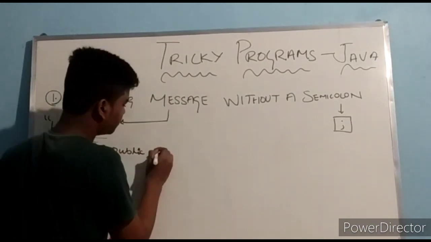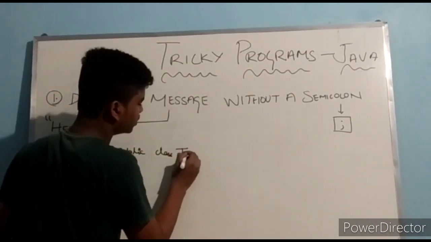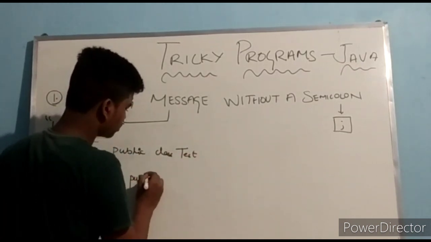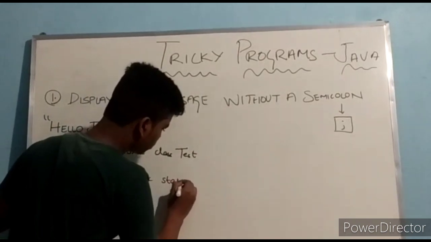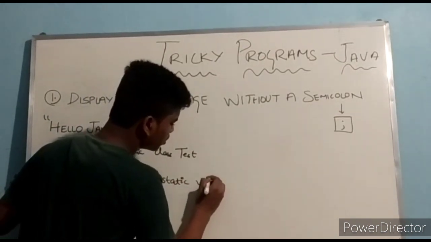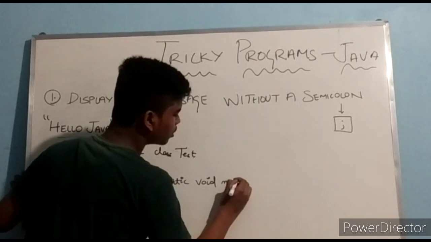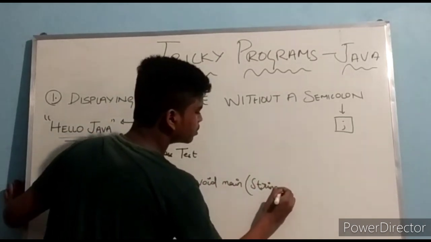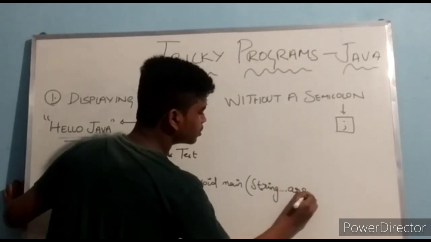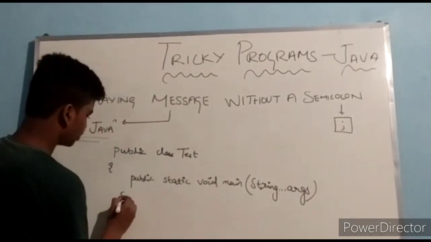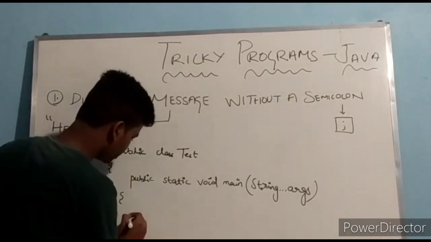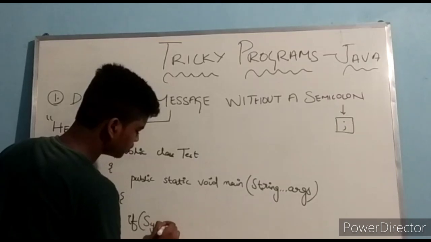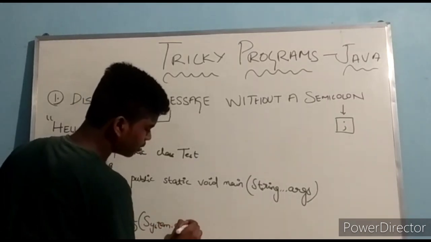The basics of the program: public class test, public static void main, string arguments. Now I'm going to add an if statement. If system dot out dot